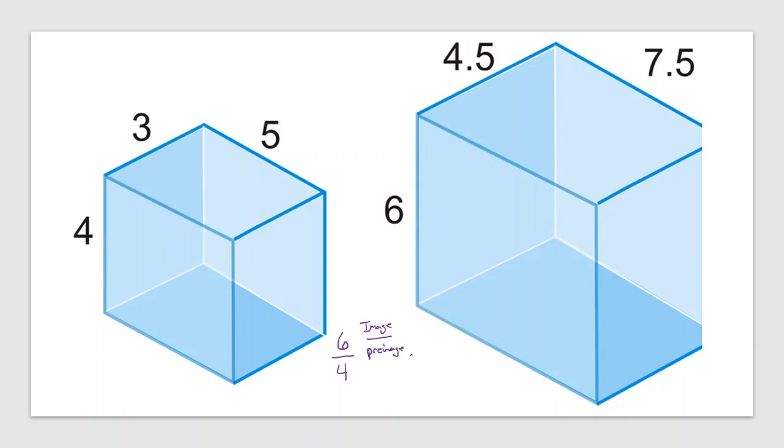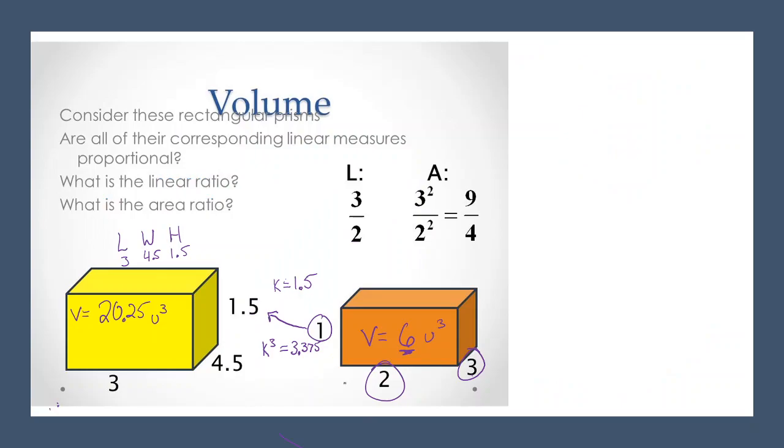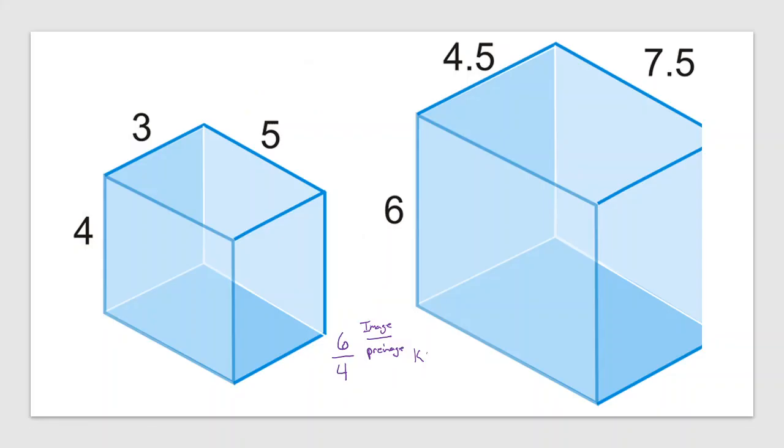So this K factor is 6 divided by 4, which is 3 over 2, which is 1.5. My K factor is the same as the last one, 1.5. So my K cubed value for volume is that cubed, which is 1.5 times 1.5 times 1.5, the same thing it was before,